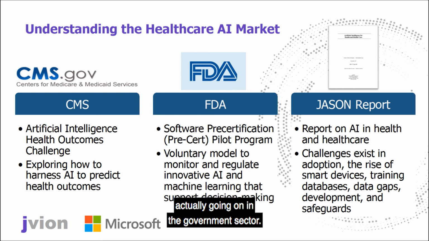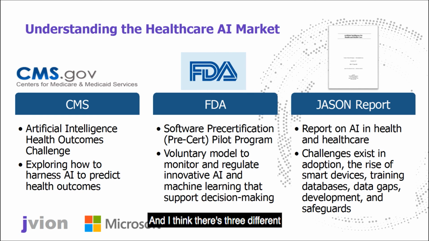I want to tell you a little bit, before I hand it off to John, about what is actually going on in the government sector. I think there are three different areas that I wanted to touch on. One is CMS, the second one is FDA, and then the last one is the JASON report that was published in December of 2017. So first of all, with CMS, they really want to garner feedback and input from the